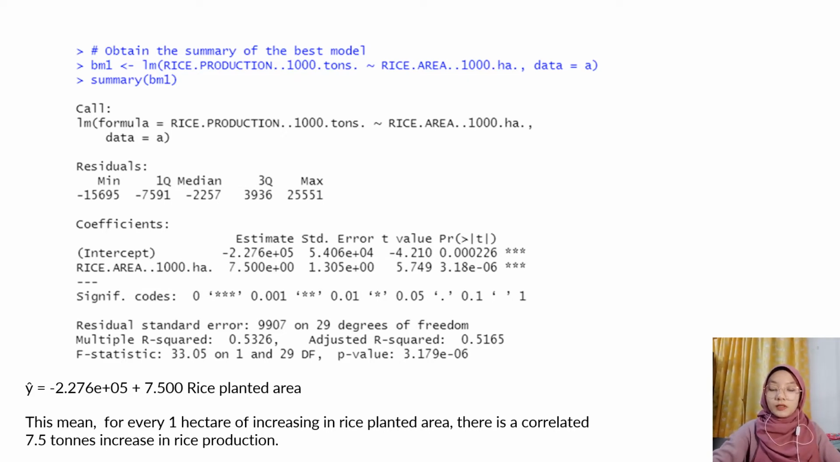As you can see on the slide, as there is a star mark beside the rice planted area, therefore we only include the rice planted area in our model, which is as below. Y equals negative 2.276E+05 plus 7.500